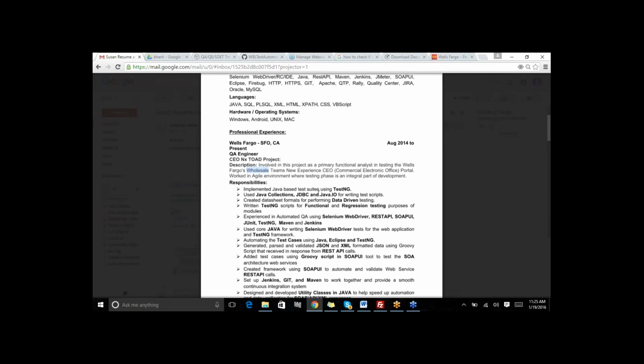In the Commercial Electronic Office portal that Wells Fargo is dealing with, it has things like a self-administrator where you can manage your own account. It has something in which you can manage your portal from a mobile. On this particular thing, you can look for your products, you can print something, you can share something and all that data. So it's basically for the people who are inside Wells Fargo and who want to do different stuff.